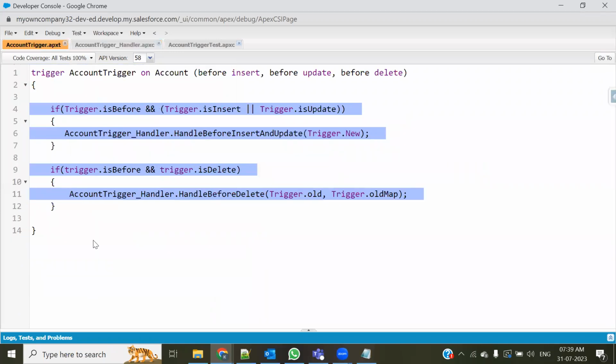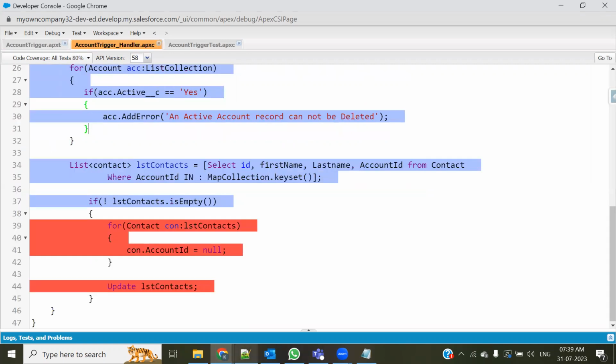Minimum code coverage for trigger is 1%. We are having 100%. It was although not required, just for your practice. Just for your practice, I wanted you to work on this. Take this as an assignment, although it is not required. But